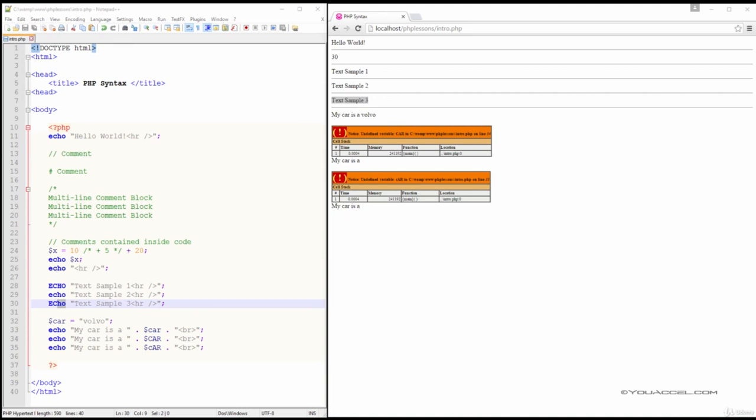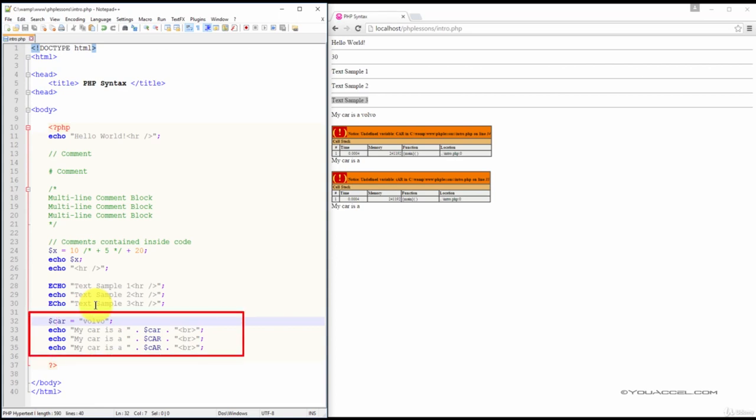Note, however, that variable names are case sensitive. In this example, we have a variable named car which contains the value Volvo. We then have 3 echo statements, each time changing the case of the variable output car. Only the first line will output the variable correctly because the case does not match in the second and third line. So we can see here in the first line,